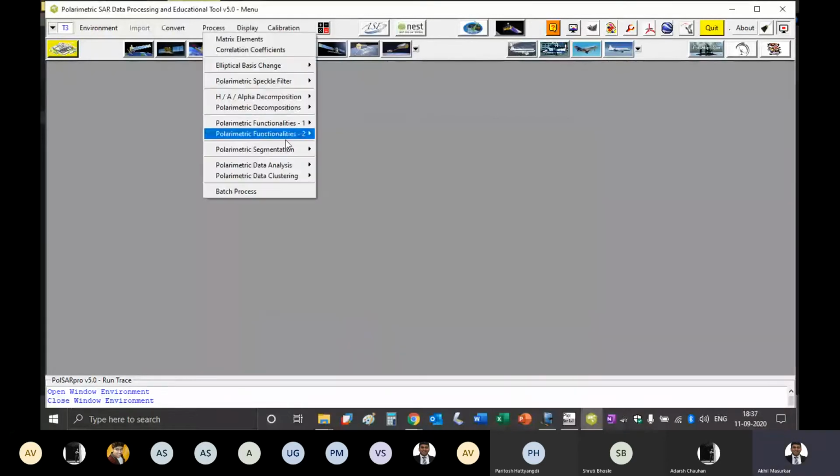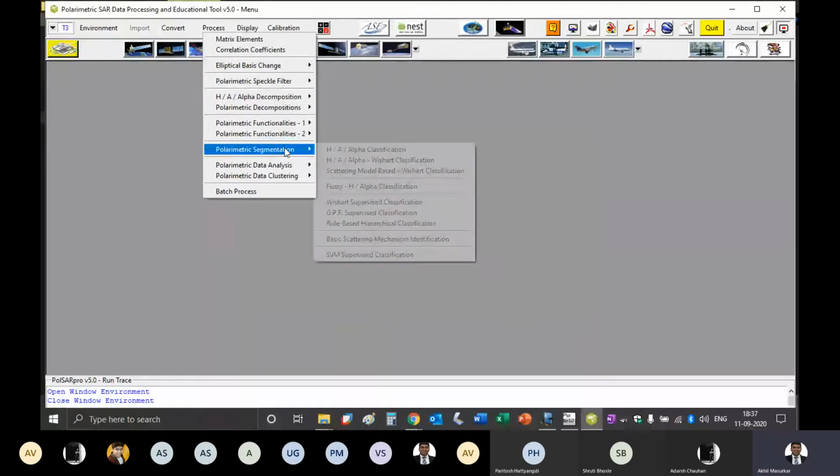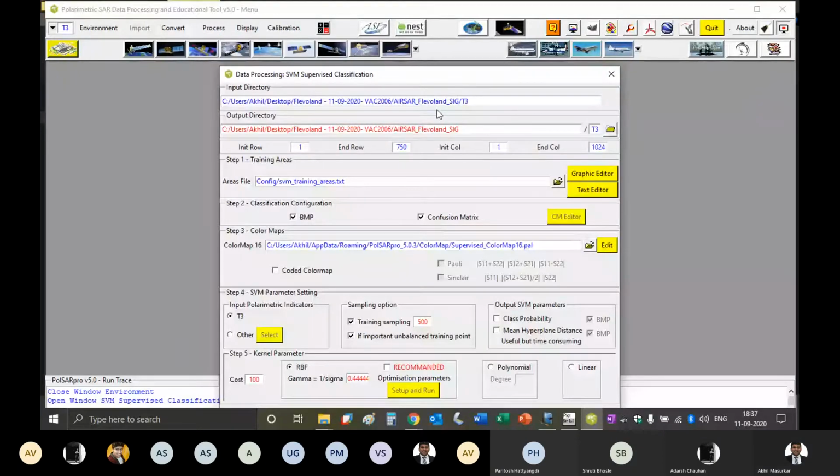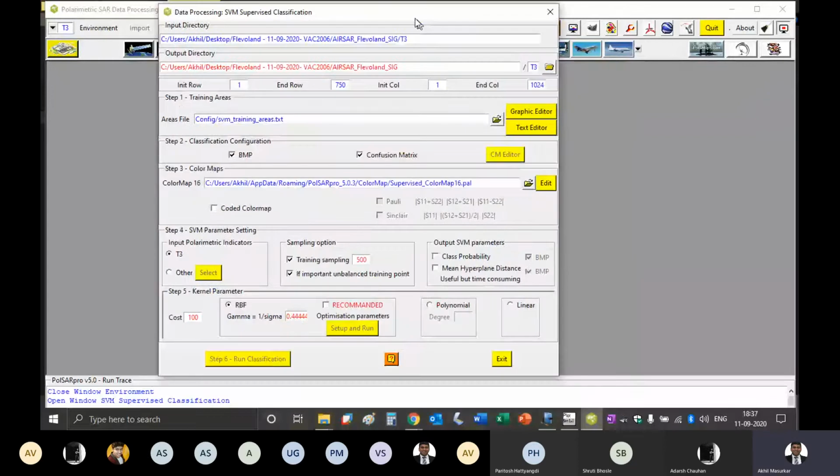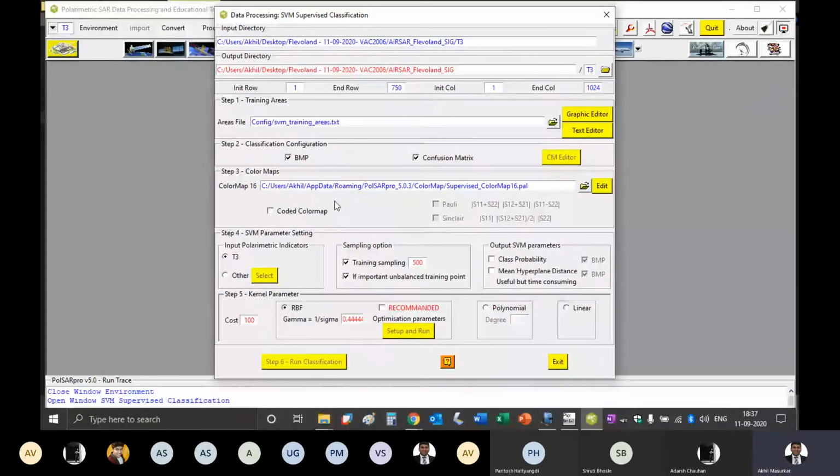Okay. Yeah. So go to SVM supervised classification. Click on this, and now what we will do is we want the BMPs, we want the confusion matrix, we want the color coded maps also.